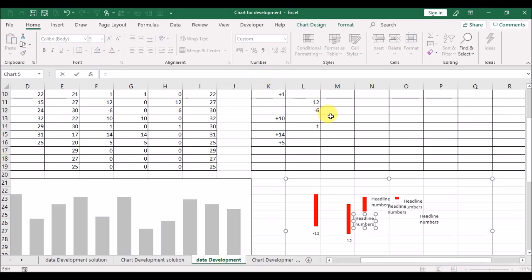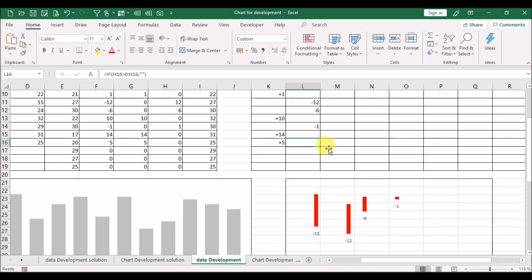For May cell L12. Then June cell L13. For July at cell L14. August it's L15, and for September it's L16.